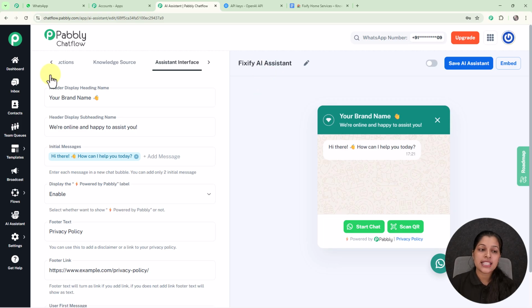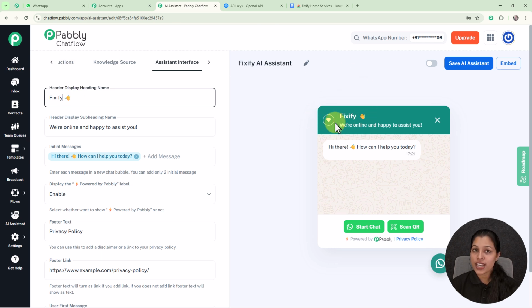interface. And here you can see that the first option we are getting is for header display heading name. So here I am going to provide my brand name. So here on the header display heading name I have provided my brand name, and this brand name is appearing over the preview of your chatbot, which can be seen on your right side. And on the header section of the preview of the chatbot you can see that I am getting the same